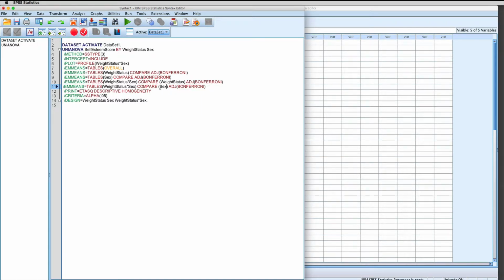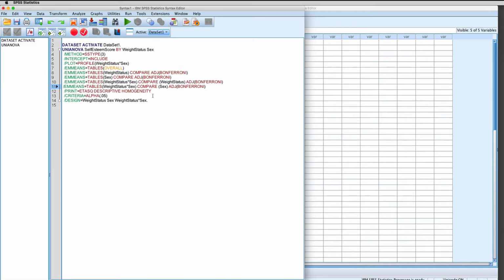So in this case, what we would be doing is comparing self-esteem scores for males and females of healthy weight to see if there's any differences in the healthy weight group. Compare males and females in the overweight group to see if there's any differences in self-esteem there, and then compare males and females in the obese group to see if there's any differences in self-esteem there. So this provides us both ways of looking at the interaction. Generally, you only need to have one and interpret one, but we're going to look at both to help us